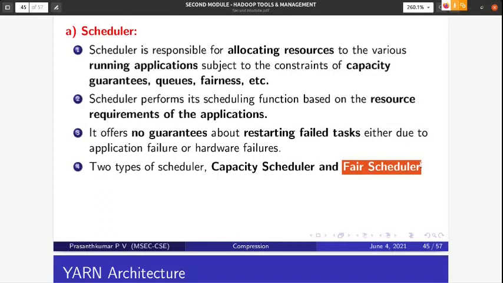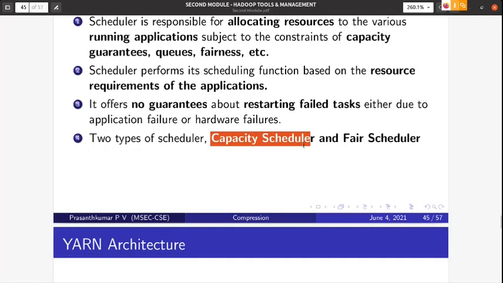You can opt for one, because as a cluster designer, I can decide what scheduler I want to use in my YARN. I can use the capacity scheduler or the fair scheduler, depending upon my requirement. Hadoop provides that facility to the cluster designer to decide based on the available scheduler algorithms: capacity scheduler and fair scheduler. This is also a configurable parameter of the cluster, like replication.